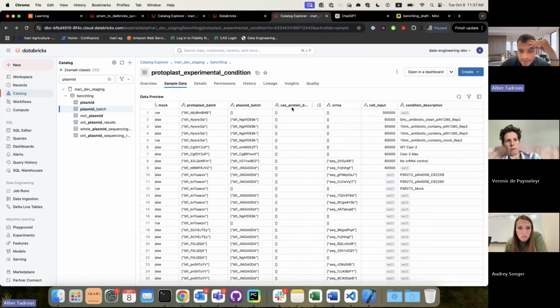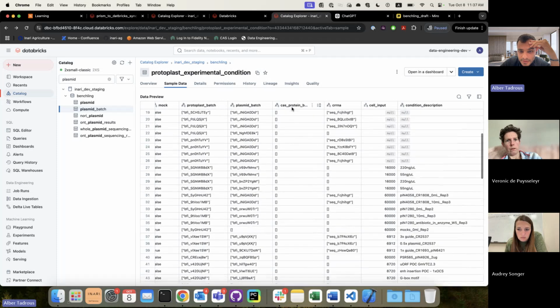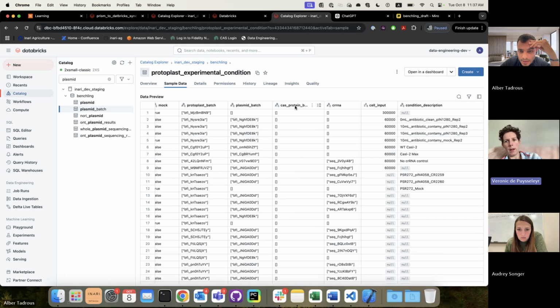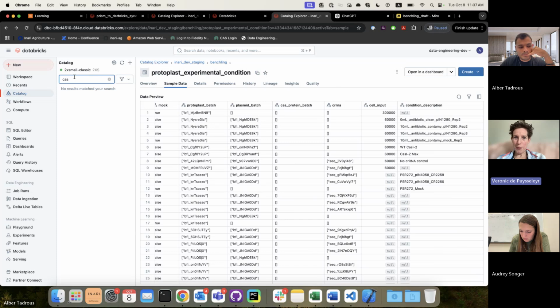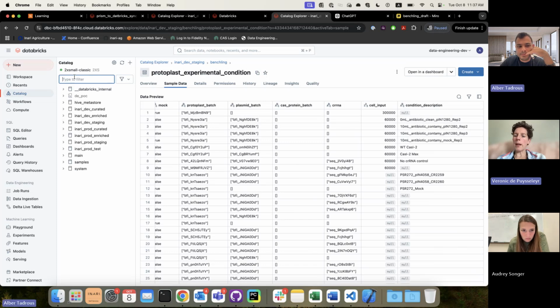So, plasmid Cas protein. I don't see it. That is still something I need to work on. I'm working with the team. They made a mistake. So there should be, that's a bit more complex. There should be a Cas protein batch. Can you go to the Cas? We need to hop through a few schemas, but Audrey, wouldn't it be handier,